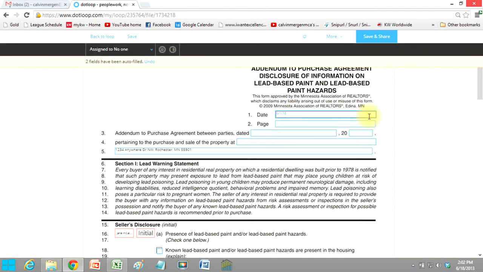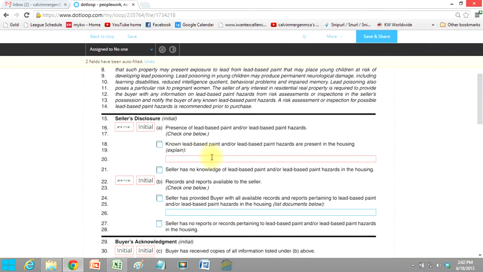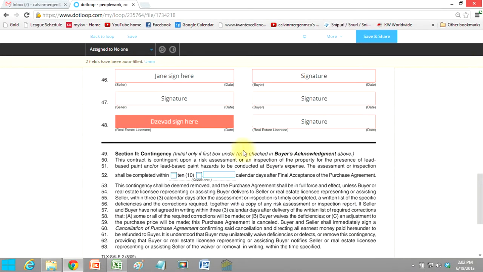So today's date, I type that in, and I can just tab through the rest of the form. Anything that I filled out, it's saying right up top, your two fields have been auto-filled, and that autofill came from me filling out the details page of this contract. So I can undo that if I wanted to. Then I can fill out the rest of this, scroll on down,